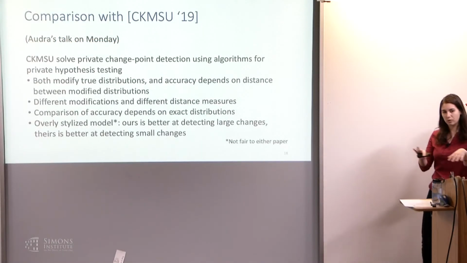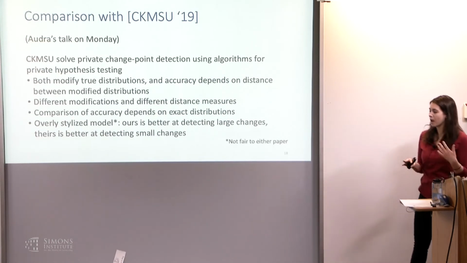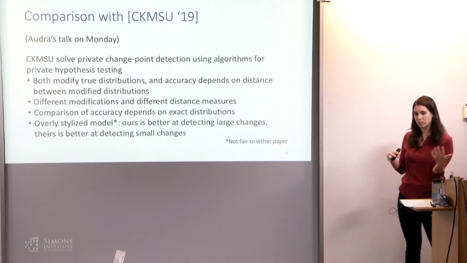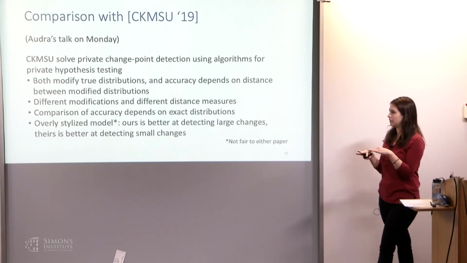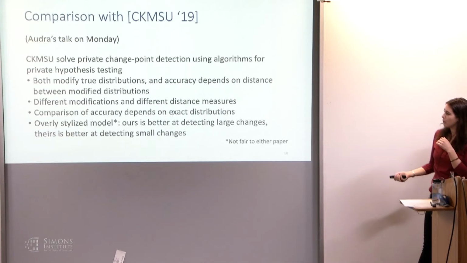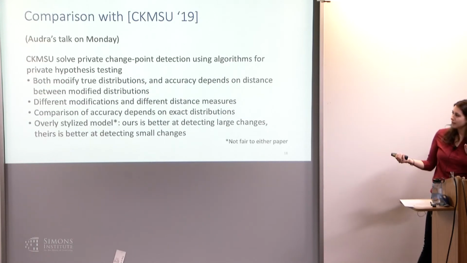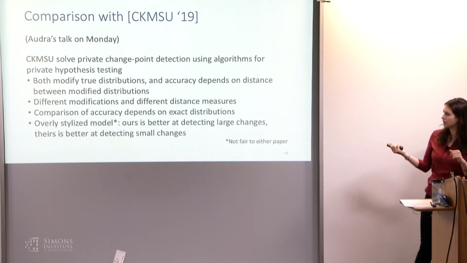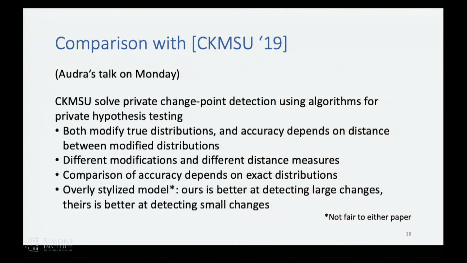They both modify the true distributions in some ways, and the accuracy depends on some distance measure between these modified distributions. We have different modification tools, and we use different distance measures, but from a bird's eye view, we're effectively doing the same thing. But because of these differences, you can't really compare accuracy across one or the other without knowing the specifics of the exact